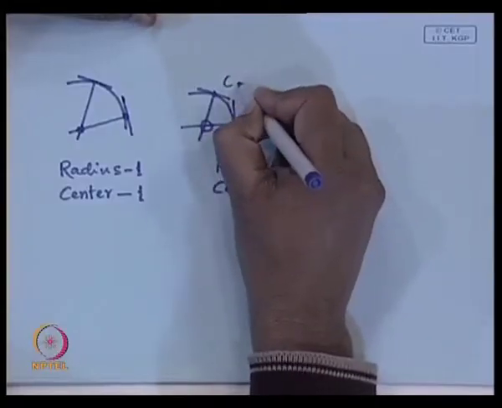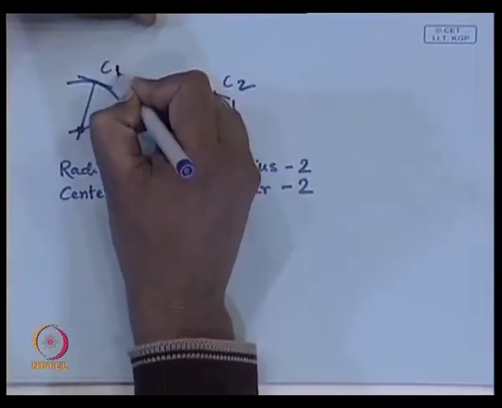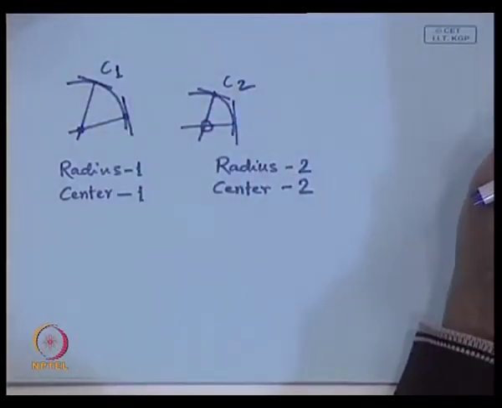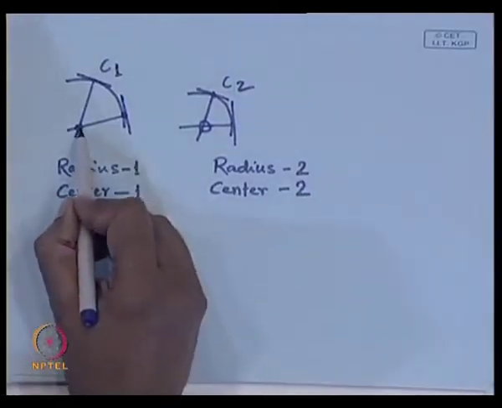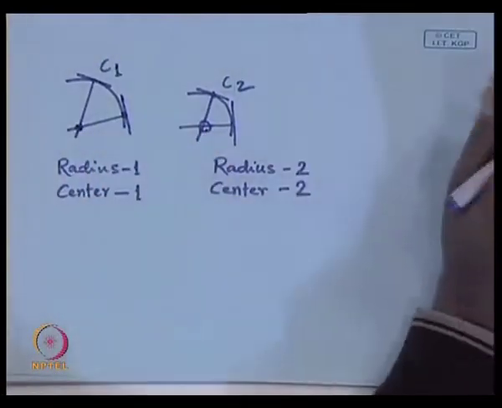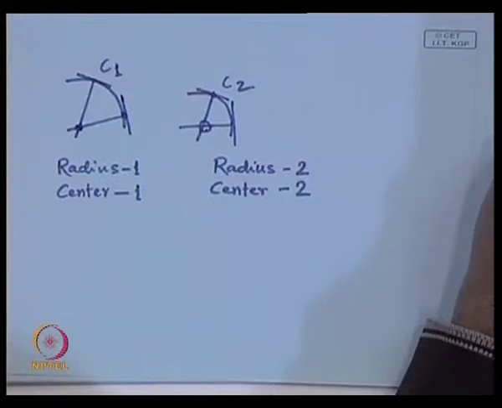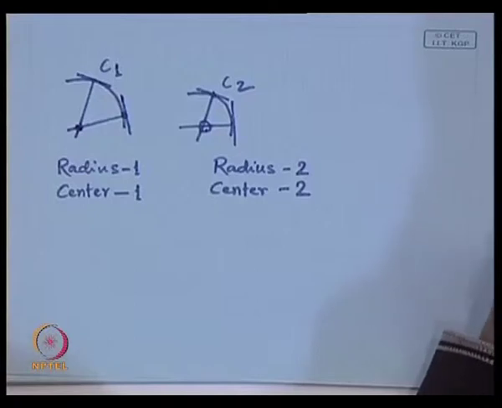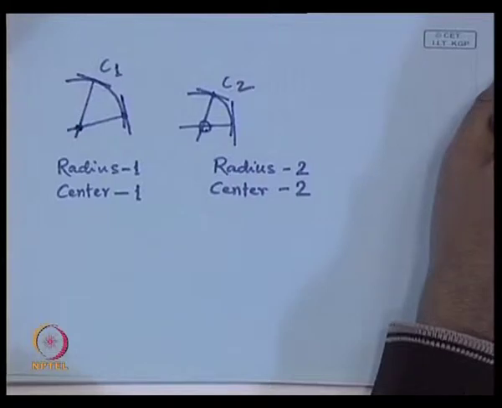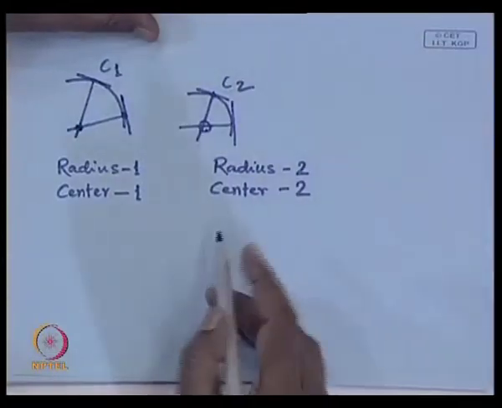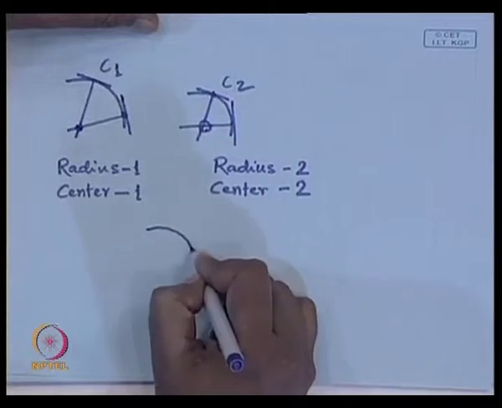In which case I can say that this circular arc C 2 and this circular arc C 1 are part of the same circle, or their radii are the same. Whereas, if the positions of the centers are different, then though the circles are the same, these two circular arcs are not part of the same circle. So one circle is translated with respect to another. Whereas, if I have a case something like this,